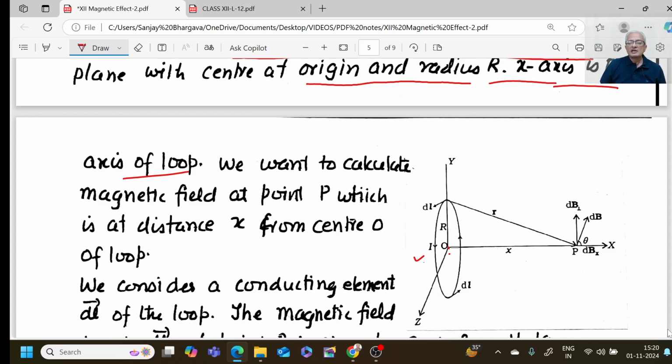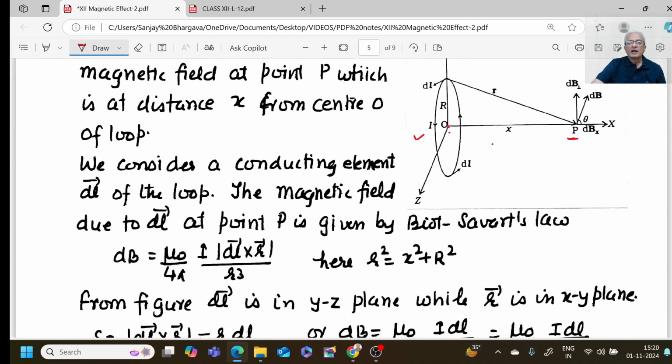It works as the axis of the loop. What we want is to calculate the magnetic field at point P, which is at a distance x from the center O of the loop. Now we consider a conducting element dl of the loop. The magnetic field due to dl at the point P, as given by Biot-Savart's law, is